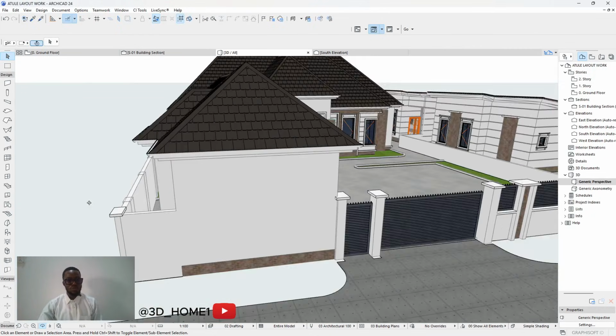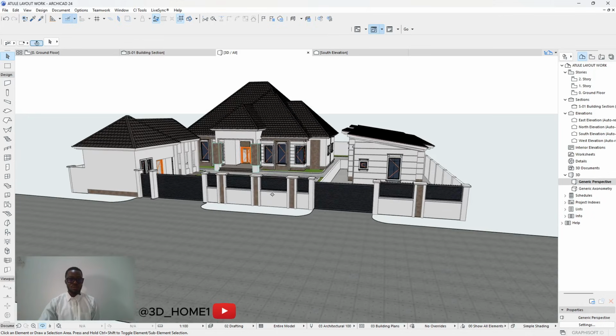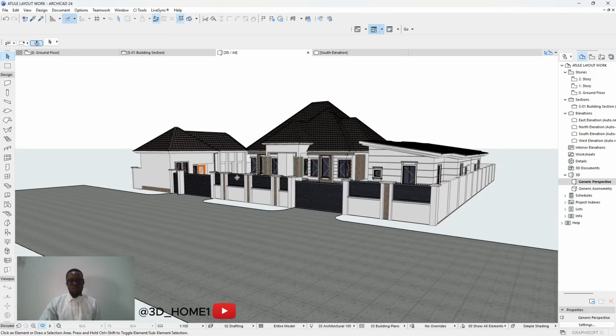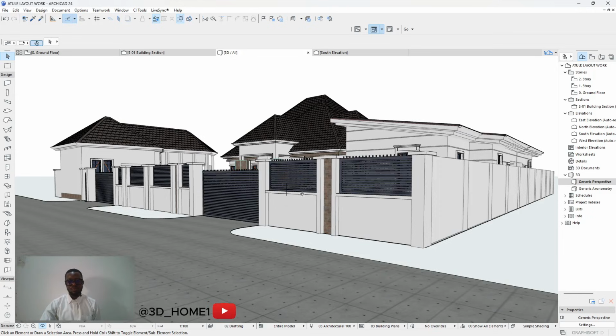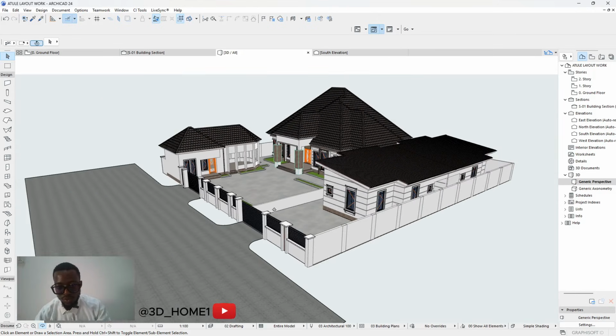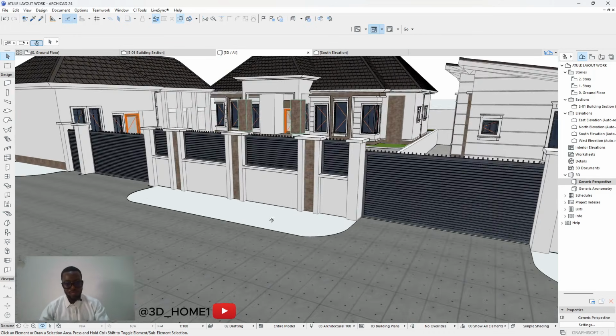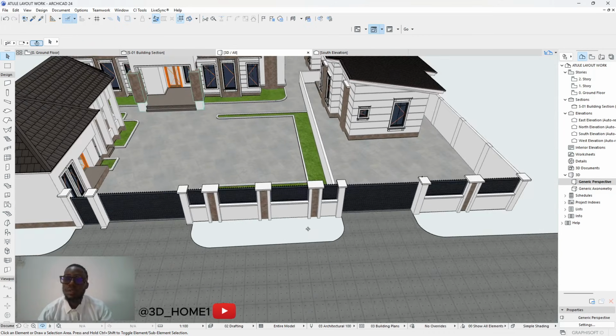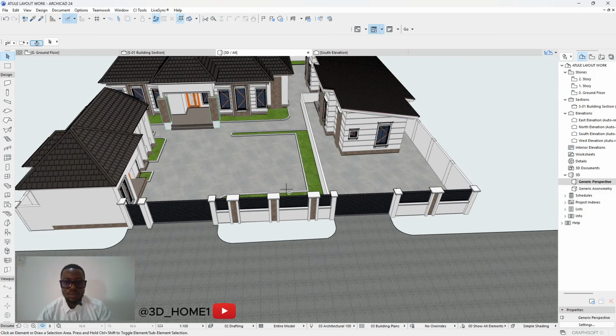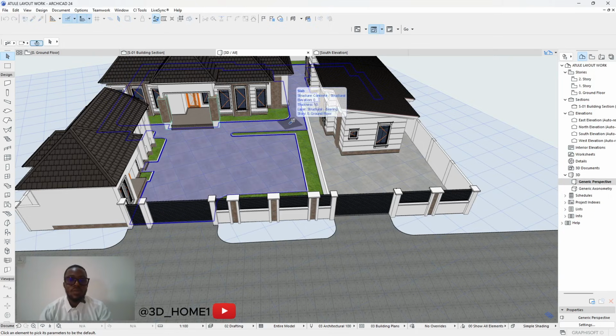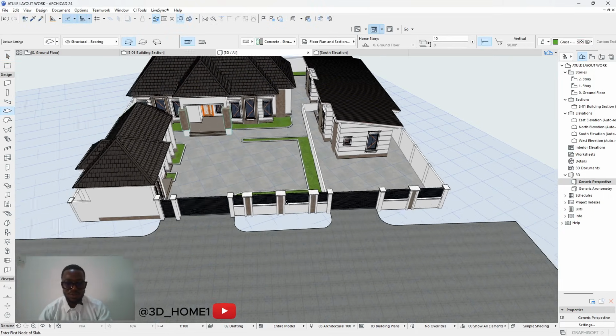We're not actually doing much on this other fence side. Just a little, just a little, and a little. So for these ones, I think we can just use